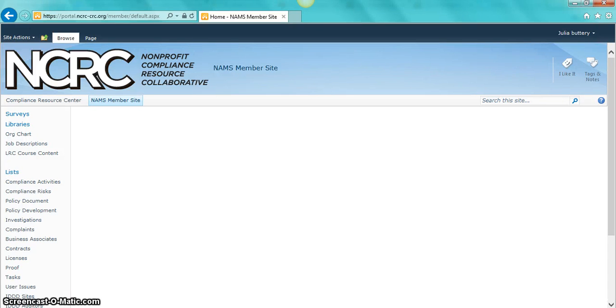This demonstration will go over how to add a policy to your policy documents list on the Compliance Resource Center. So after you log into the site, you'll be brought to the interagency site, and you want to go to your own organization site, which you can find in this upper center bar. Click your organization's name, and then on the left you'll see your surveys, libraries, lists, and look for your policy